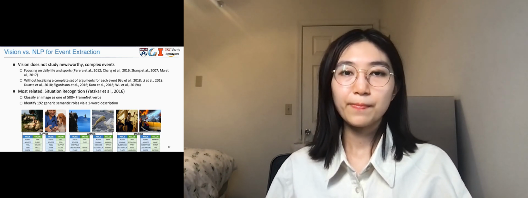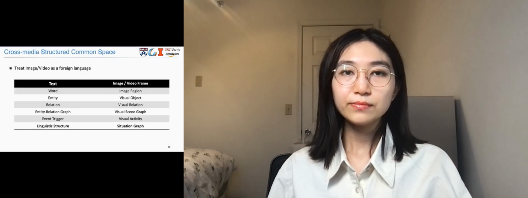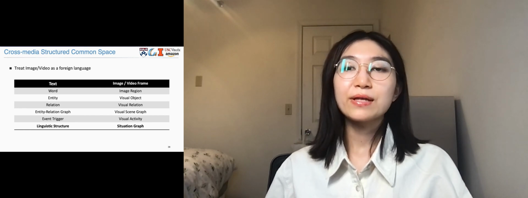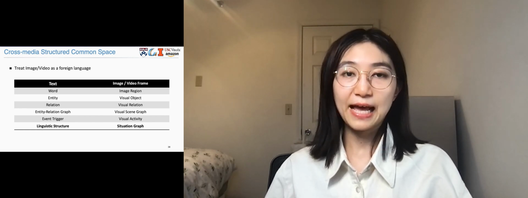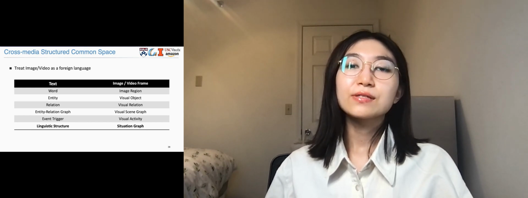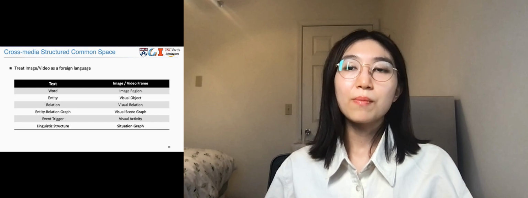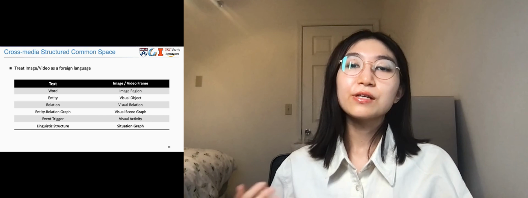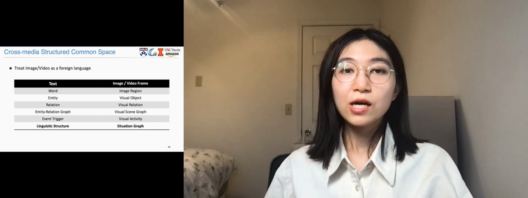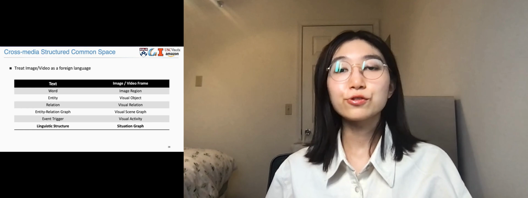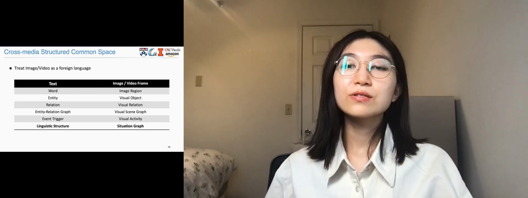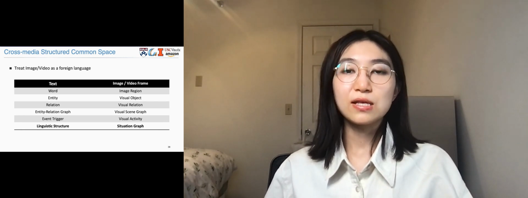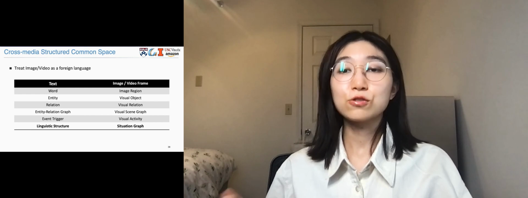images. To perform multimedia joint event extraction, the key step is to understand the semantic structures of both modalities. If we consider vision as a second language, similar to a multilingual common space, we can construct a multimedia common space where text and image can be aligned through multiple levels. For example, the entity in the text can be aligned to visual objects, and the event triggers can be aligned to visual activities. So similar to linguistic structures in text, we want to find a semantic structure from the image that